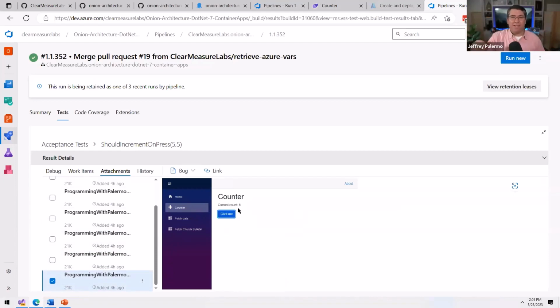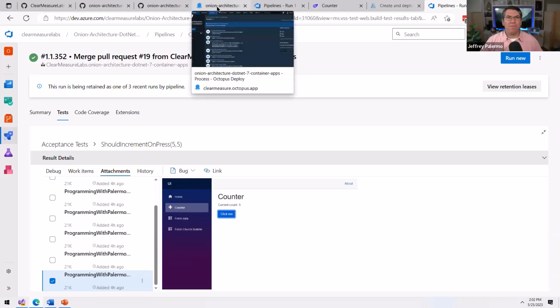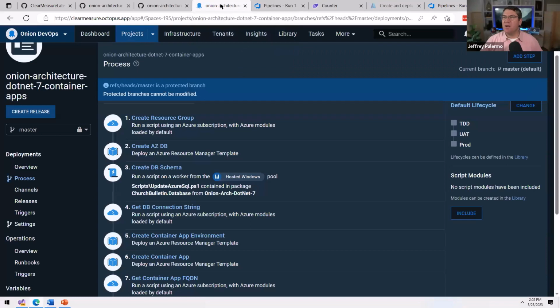Now, when one of these tests fails, it's always a question in our mind, well, what happened? What did the screen look like when the test failed? Well, if every step of the way you're just capturing a screenshot and storing it there, you know exactly what the screen looked like. So that's hugely valuable. Okay, so now before I sum up this, let me just go through and talk about